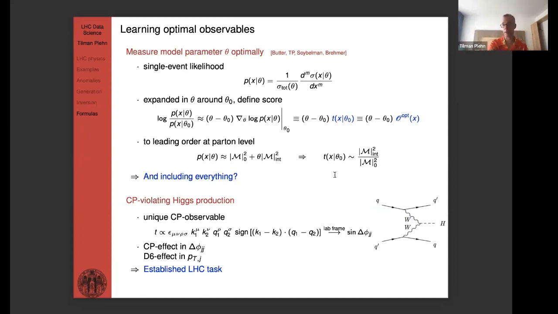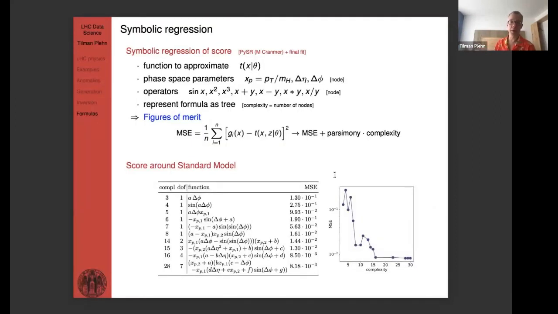I can simulate these events. I can calculate these cross sections. I can do parton shower on them. I can do detector simulations on them. And then I want to know what the optimal observable is after the detector. What you do for that is a tool called symbolic regression, specifically PySR by Miles Cranmer, plus some modifications that we included. It takes a function model observable,